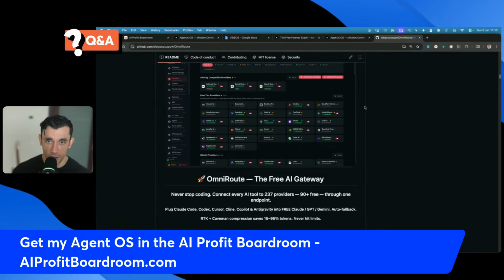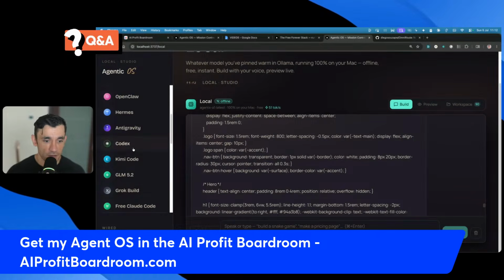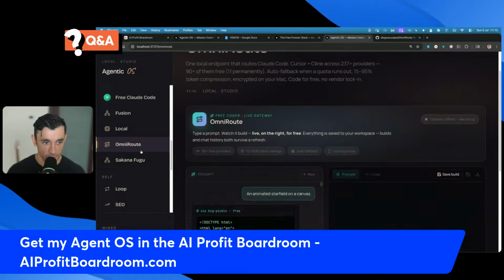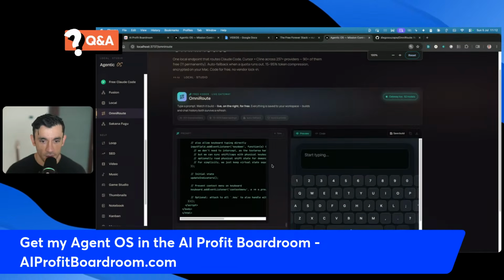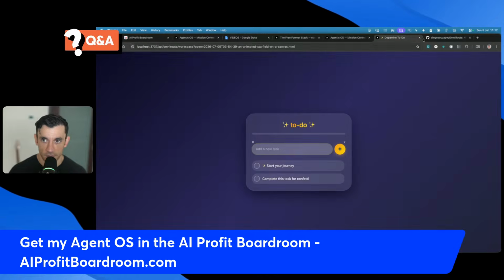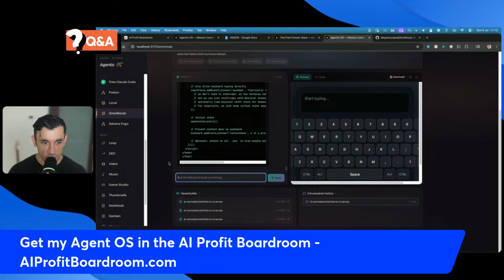90 different free providers. So, for example, if we go back in the Agent OS here and we go down to the OmniRoute section, this can basically code for us. We can again see everything that we've built inside our workspace here, and we just chat with it here